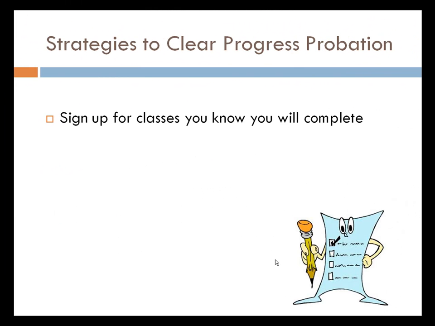Don't sign up for 4 to 5 classes if you know you cannot finish them all. Take fewer classes. Another strategy to be aware of is of the deadlines to drop without a W. Generally, you can drop a class without a W within the first 2 or 3 weeks of school. If you do this, it will not go against the 50% completion requirement and will also save you money because